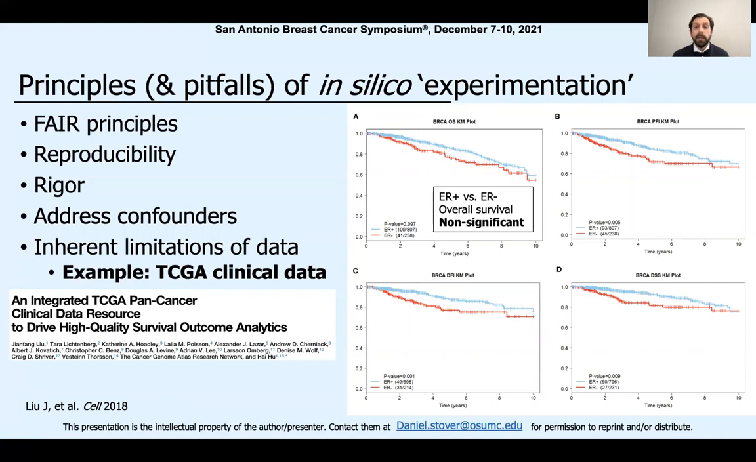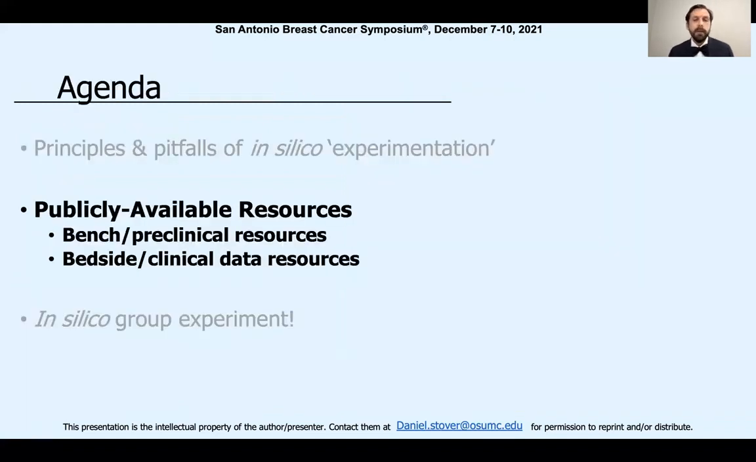But this is more a limitation of the TCGA clinical data, which doesn't have the length of follow-up necessary to allow appropriate overall survival analyses. Disease-specific survival is more appropriate, but also has some limitations. And so I think that this leads to the importance of understanding the limitations of data, even large publicly available data sets like TCGA. So now that we have some idea of some principles and potential pitfalls, what about publicly